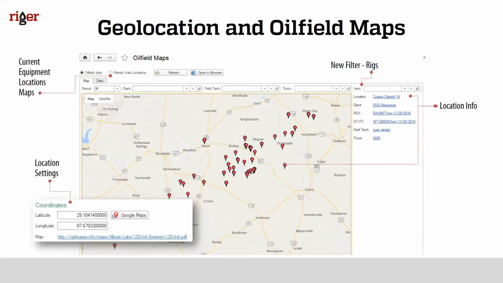Geolocation and oilfield maps. Some of you already know this feature, and this is not an actual geolocation tool. So it's not an online GPS tracking tool, but we track our equipment by latitude and longitude on Google Maps. So you can enter the coordinates in the location settings for each location of your client, and just track